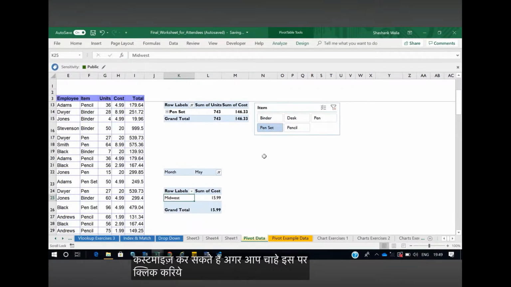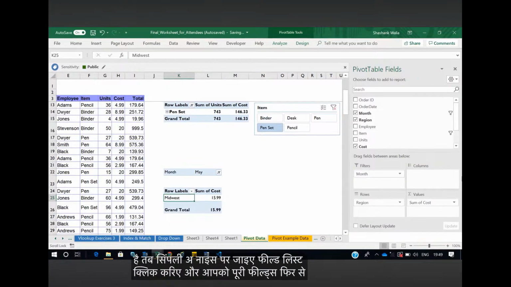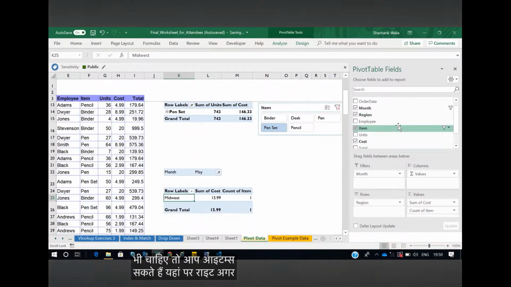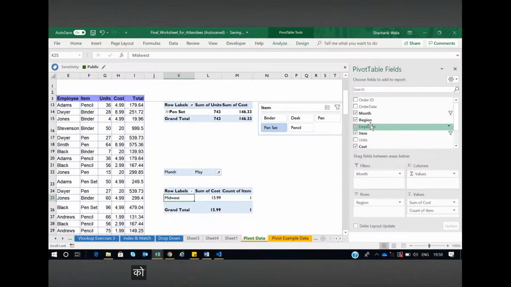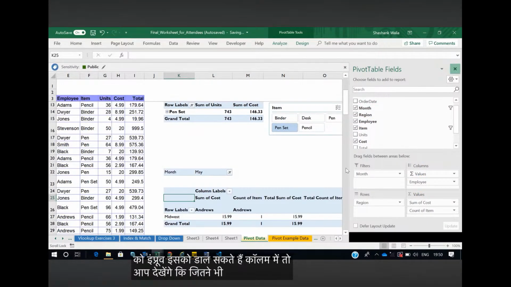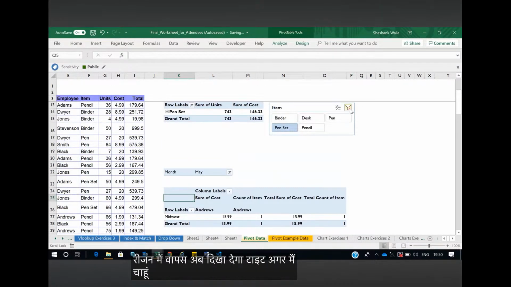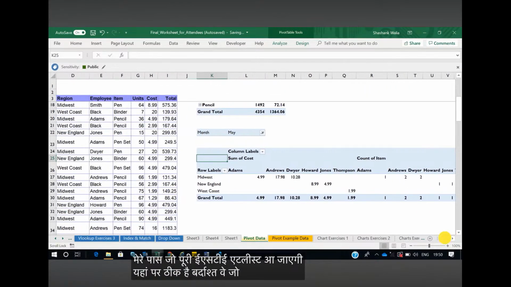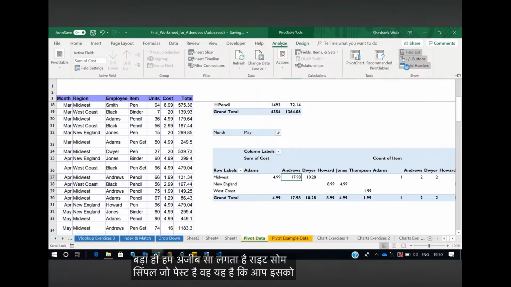सकते हैं। अगर आप चाहें इस पर क्लिक करिए, अगर आपको यहाँ पे फील्ड नहीं दिखती है तो आप सिंपली एनालाइज पे जाइए, फील्ड लिस्ट पे क्लिक करिए और आपको पूरी फील्ड्स फिर से दिखा देगा। अब मैं चाहता हूँ कि मेरे को आइटम्स भी चाहिए, तो आप आइटम्स डाल सकते हैं यहाँ पे, राइट। और अगर आप चाहें तो थोड़ा और इसको बढ़ा सकते हैं। फॉर एग्जाम्पल अगर आप चाहें तो एम्प्लॉयज़ को डाल सकते हैं कॉलम में, तो आप देखेंगे कि जितने भी एम्प्लॉयज़ हैं उन्होंने क्या क्या परचेज़ किया था उस रीजन में, वो आपको सब दिखा देगा, राइट। अगर मैं चाहूँ तो फिल्टर को हटा सकता हूँ यहाँ से, तो मेरे पास एक पूरी डिटेल्ड लिस्ट आ जाएगी यहाँ पे, ठीक है। बट दिस वे जो डेटा है बड़ा ही अजीब सा दिखता है, राइट। सो सिंपल जो बेस्ट वे है वो यही है कि आप इसको कॉलम में डालने